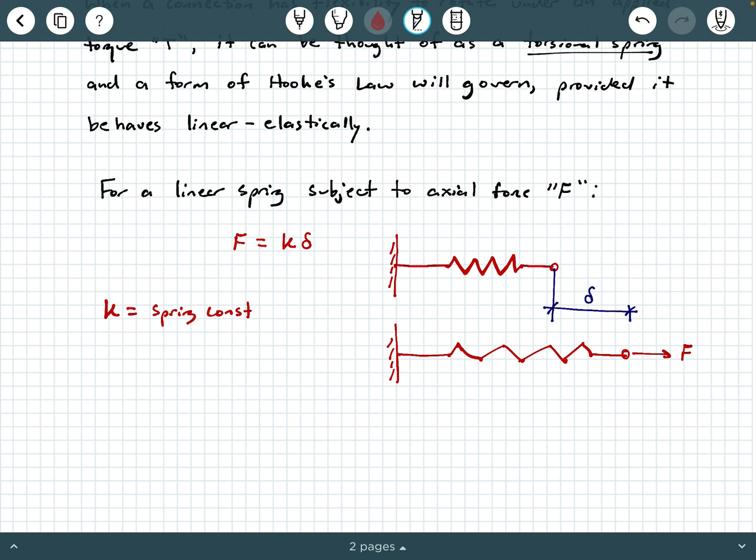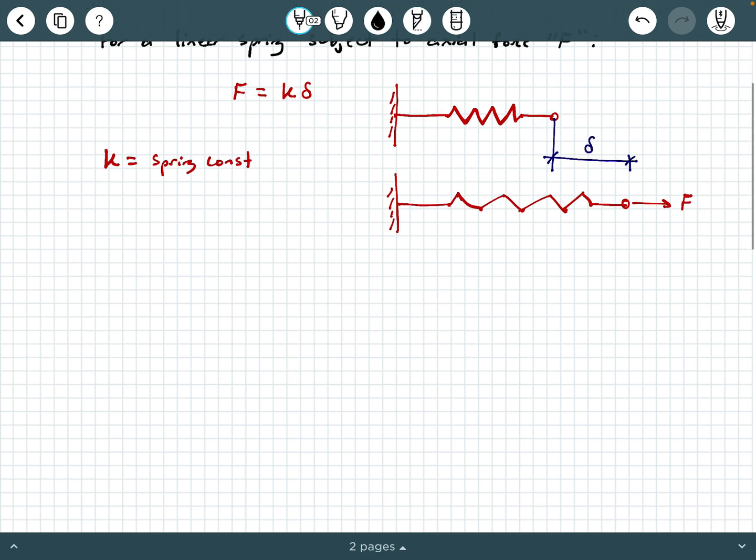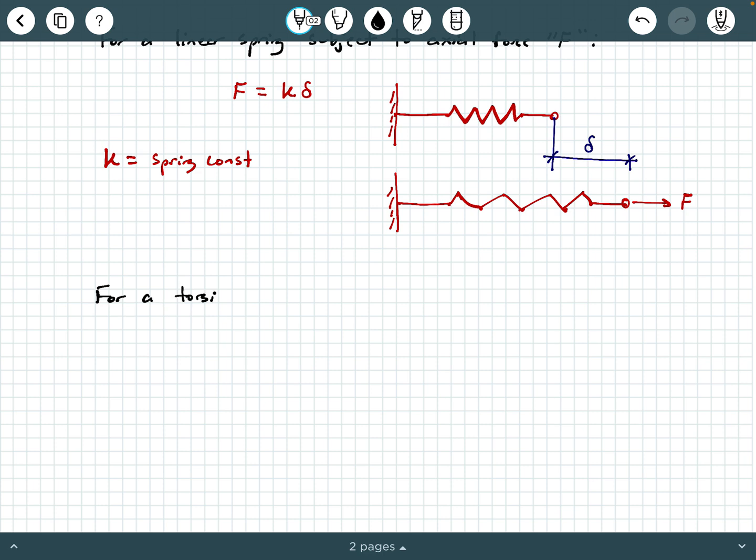So the question becomes, how does this apply to torsion? Well, you can have a similar relationship. So for a torsional spring, and I'm going to put spring in quotes because it's usually not a real spring, it's usually just an element of flexibility in a connection subject to torque T. We see it very often in a connection with slotted bolt holes, okay? So these right here are little slots, and let's say we have a bolt at one edge of each of these slots, and then you apply this torque